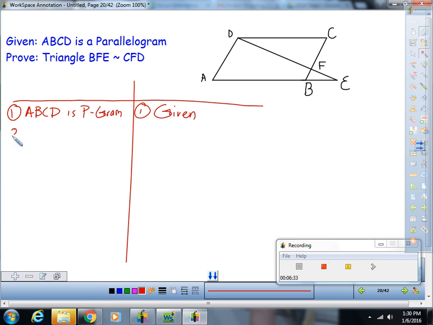So the first thing I'm going to do is just do the easy thing. Angle BFE is congruent to angle CFD. And that's by vertical angles. So I know this is congruent to this. Okay, now I can say that